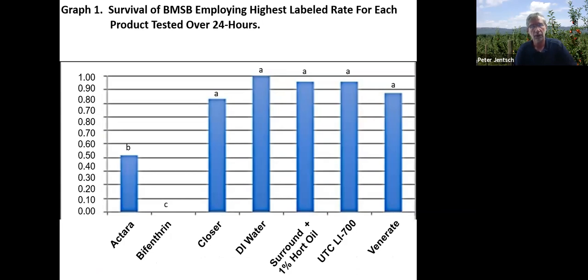And so if you want to kill the insect, which is sort of the traditional mode of action of pest management, then the pyrethroids, bifenthrin in particular, tends to be quite good. Actara, with regards to the neonicotinoid group, is also very effective. Closure, I believe that's sulfoxaflor, is also an anti-feedant. We wanted to compare that to Venerate, and you can see across the remaining materials, including Surround, the Li-700 alone,